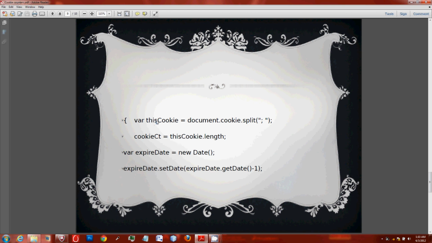And the deleting process is actually very simple. We just get the expiry date of the cookie, and we set it to some day in the past. So to do this, we get the present date, and then here we change the expiry date to 1 day in the past. And so the next time the browser refreshes the cookie, it will think, oh, this cookie has crossed the expiry date, and then it will delete the cookie.